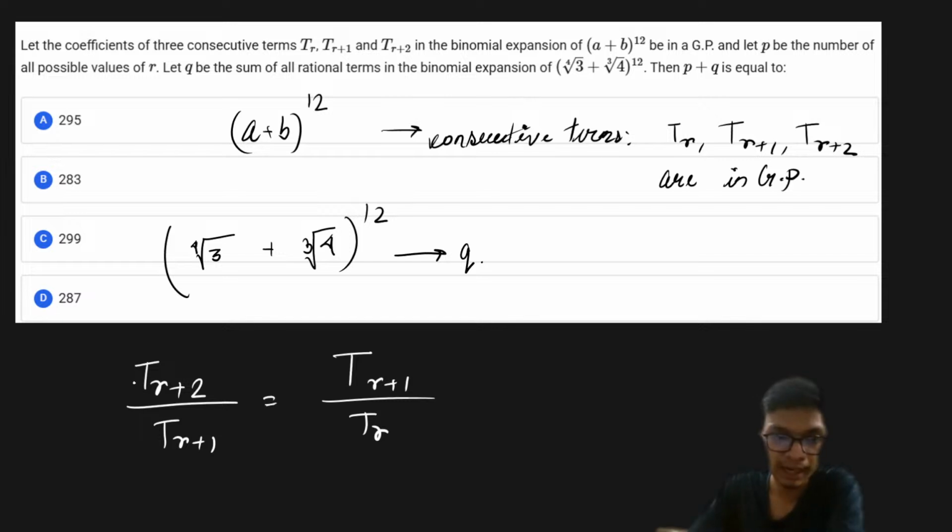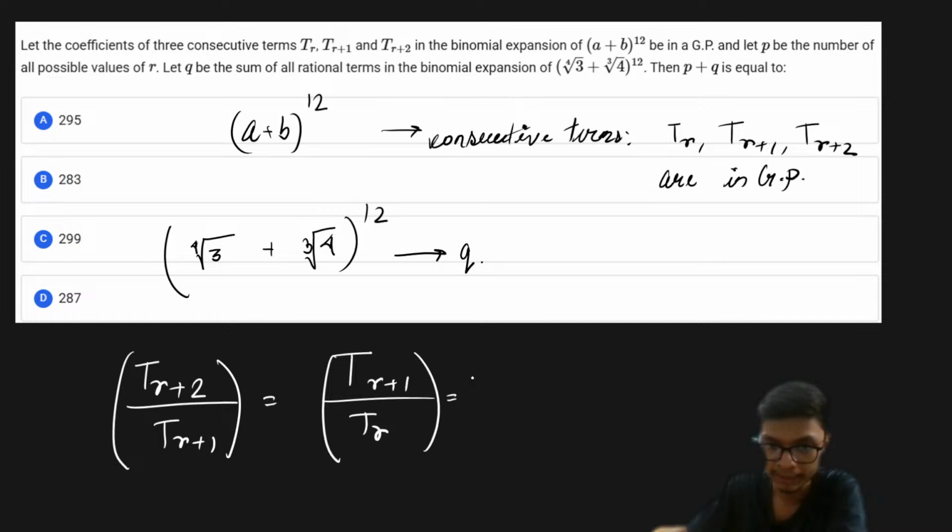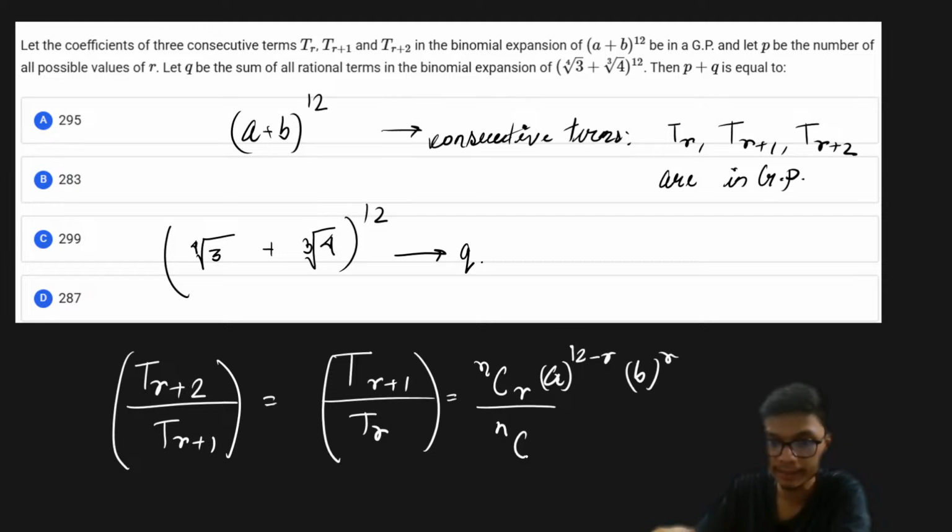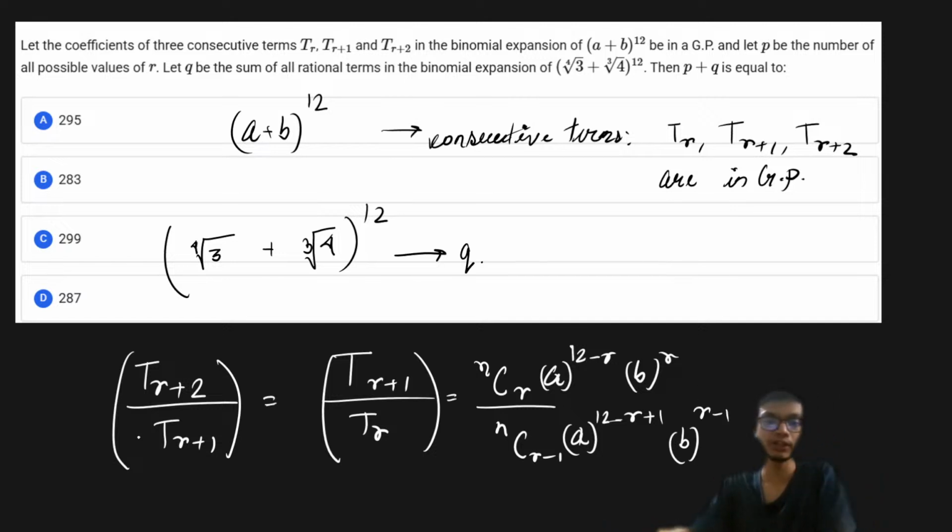So from here, I always know the formula, that is T(r+1) divided by T(r) is simply given as, so this can also be written as T(r) = nCr a^(12−r) b^r, and nC(r−1) a^(12−r+1) b^(r−1), right? So from this particular ratio I'll see, and this n is basically 12,